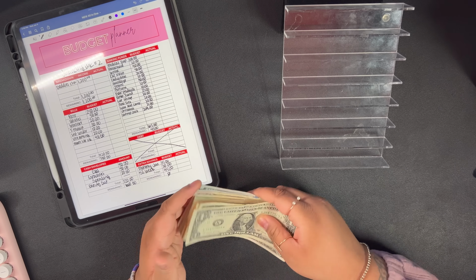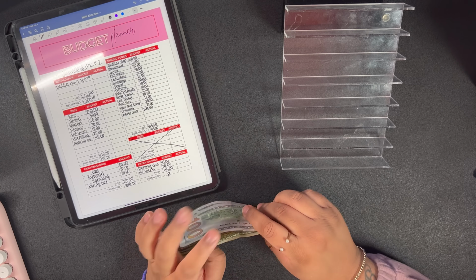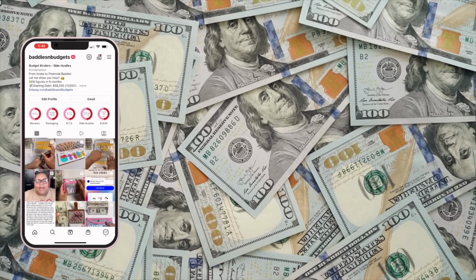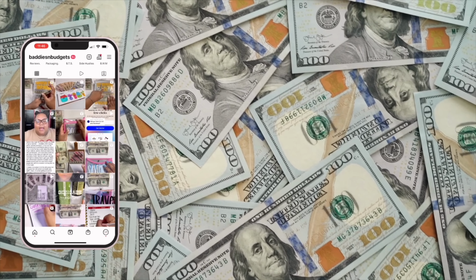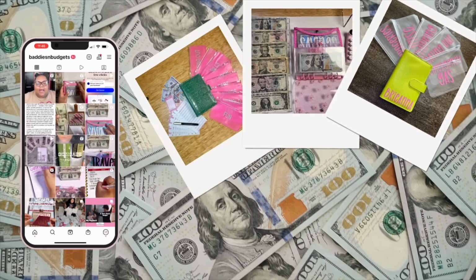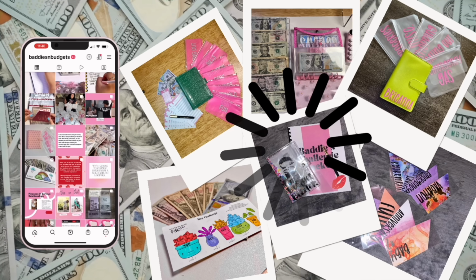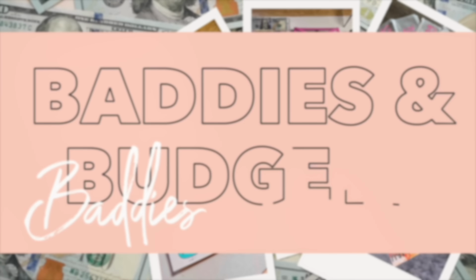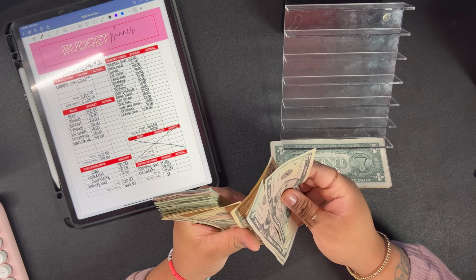We are going to be cash stuffing my second paycheck for the week of January. Stay tuned. Here's my cash from the bank, so I'm going to go ahead and line it up inside of this cash